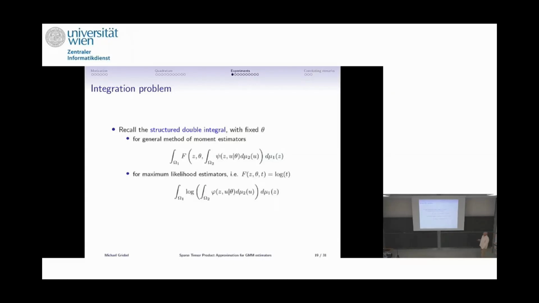So recall this double structured integral, outer integral omega 1, f, forget this one, inner integral over psi, omega 2. And for the maximum likelihood, it's the logarithm. It looks like it falls out of the blue sky, but believe me, many of the econometric models have exactly this structure with mixed regularity in the psi. And this was surprising. It made me